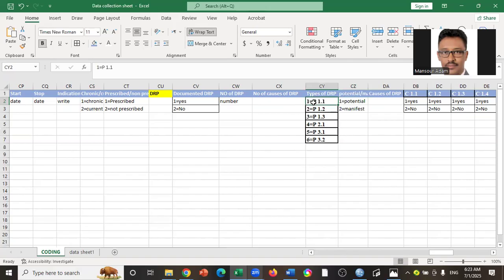Okay. So then the DRB, is it potential or manifest? Is it potential or actual? Okay, is it potential or actual? Then the cause of DRB. For the cause of DRB,